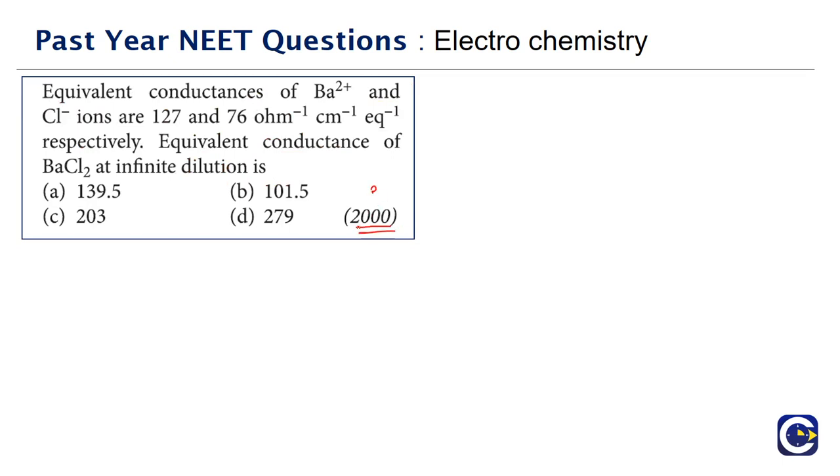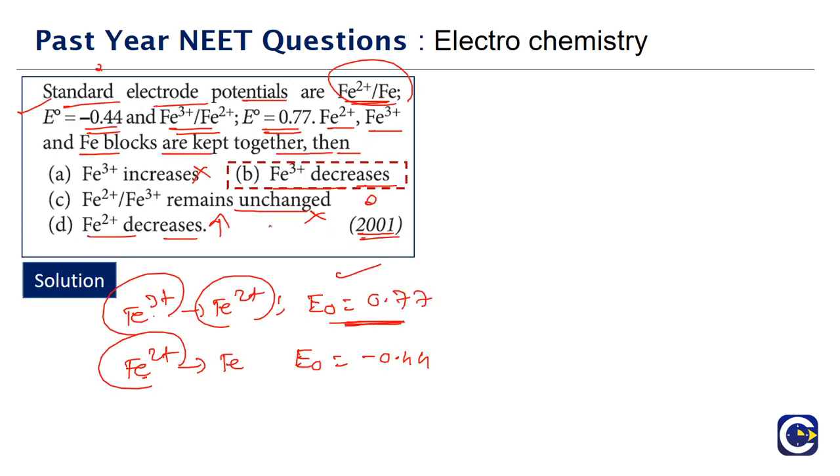Next we have the question that has come in the year 2000. And in fact, when we look at the previous question, just to conclude this, if the Fe3 plus is getting reduced, then let's call it 1 and 2. Second, what will happen? Oxidation will happen, which means the reverse process is going to occur. Fe is going to get oxidized to become Fe2 plus. So this is the reduction.